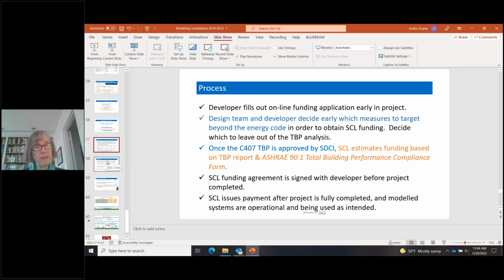A lot of design teams aren't willing to take that approach, and I don't blame them because there's so much uncertainty as to what's going to happen as the project is reviewed by SDCI. But that's the way to really defend funding from City Light.